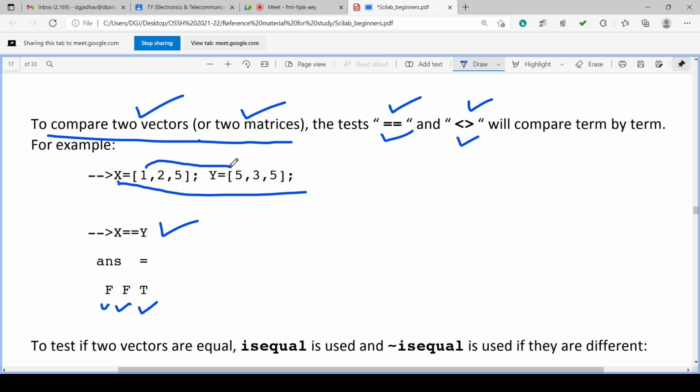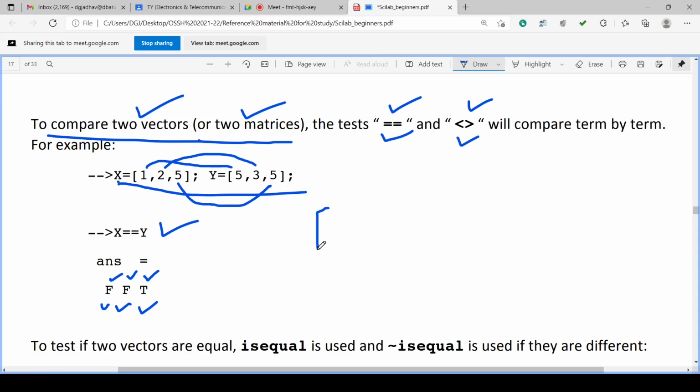Because the first element 1 of x does not match the first element 5 of y, so it is false. The second element of x is 2 and of y is 3, not matching, so false. The third element is 5 for both x and y, matching, so the third element is true. So false, false, true. In this way the comparison works.